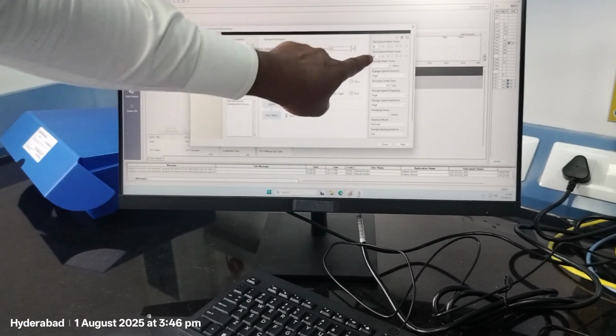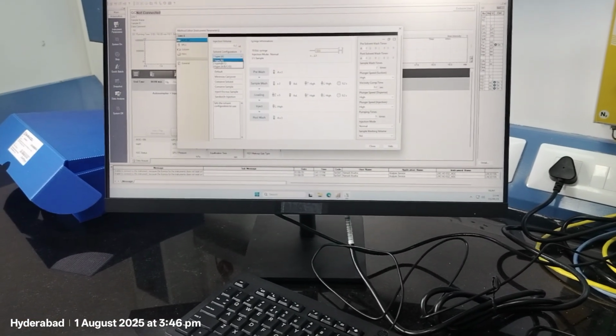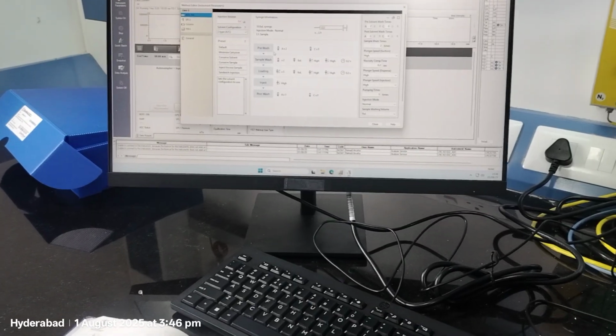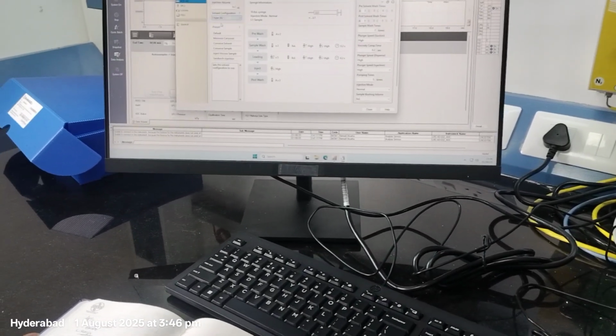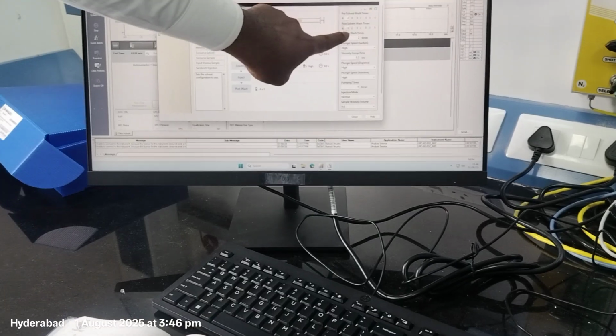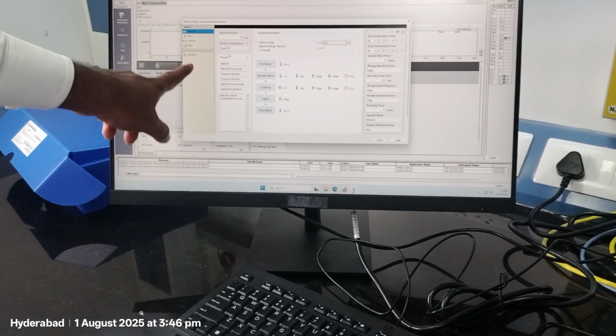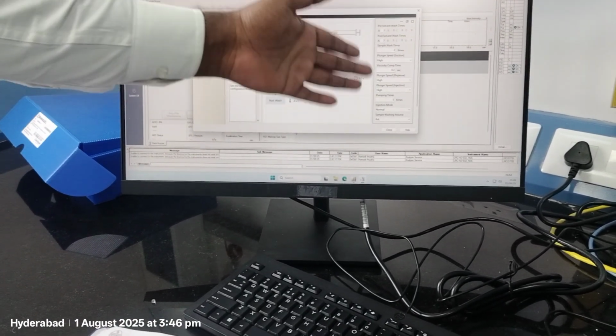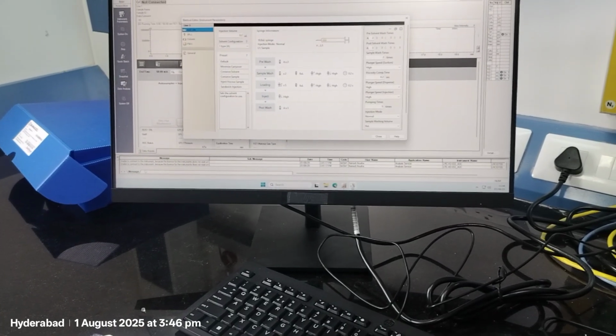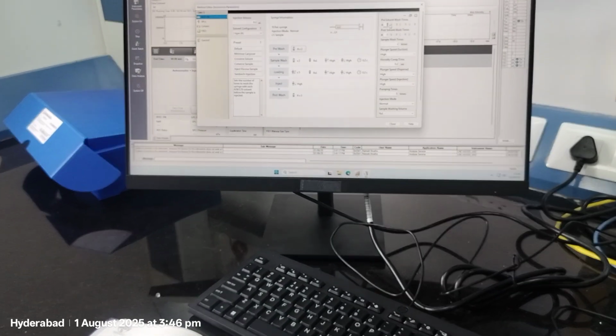Type A means you are highlighting A only. For example, if I give it like this, it will highlight C also. Remember, you are highlighting A only. But here, if I select AC, it will highlight in C also. So you have to give it 3 times.